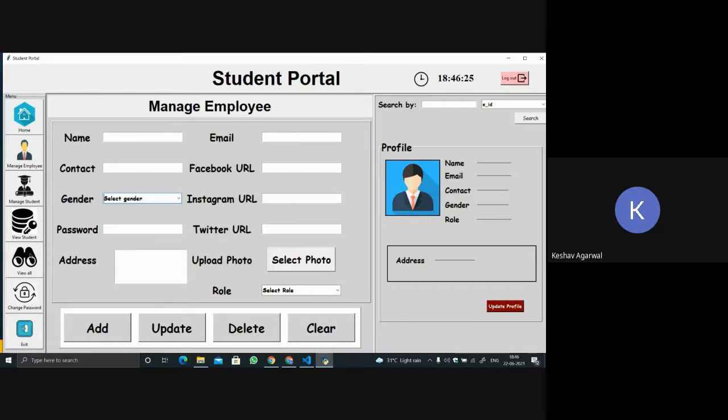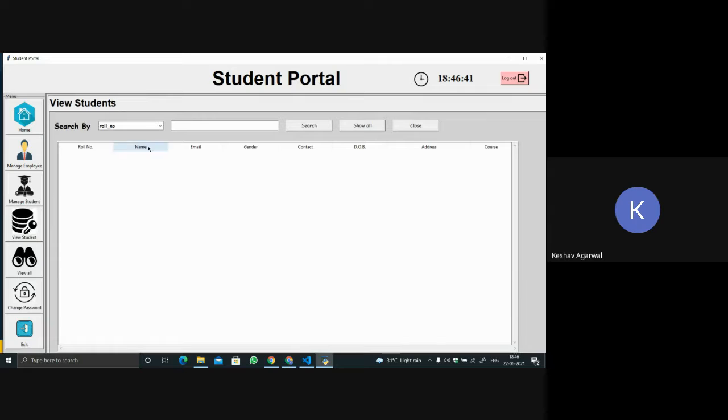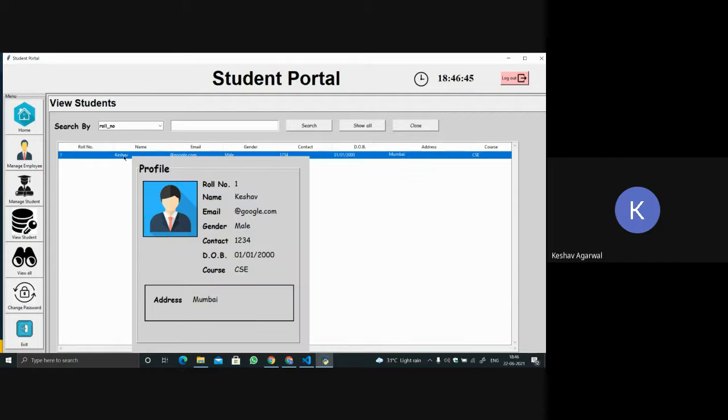We can add. We can delete. We can manage students. Okay. So if we do show all, then it will show all the students that I've already made an entry for in the student table. So it is kind of a table. Okay. So now we can view students. If you go for show all and click on it, it will show something like this.